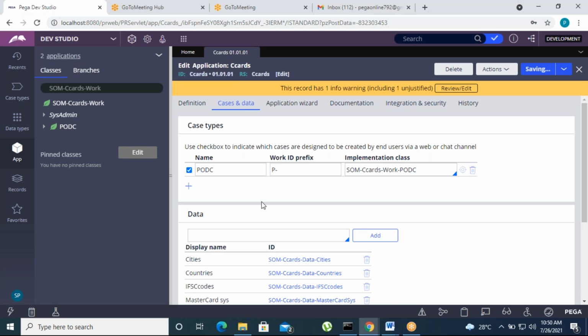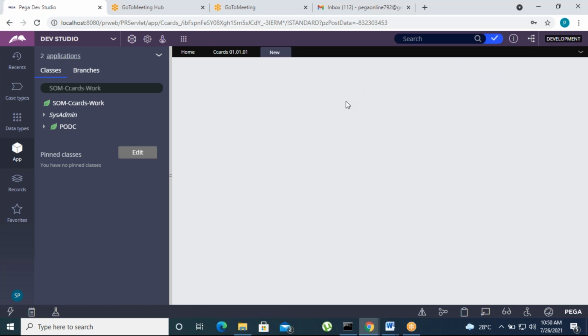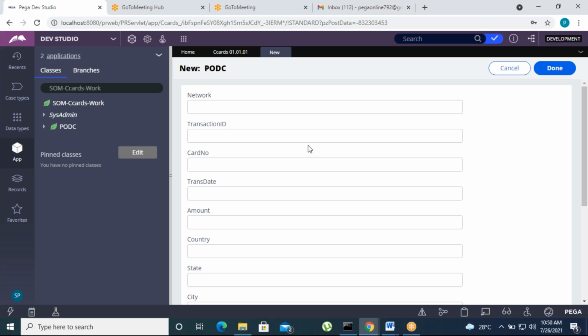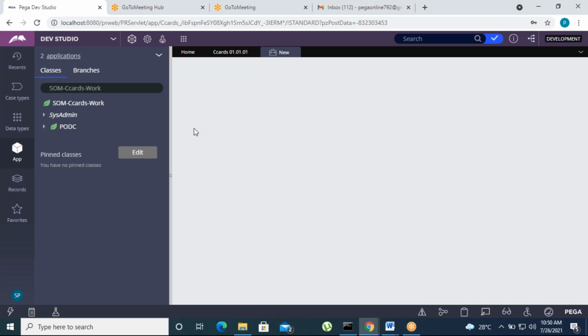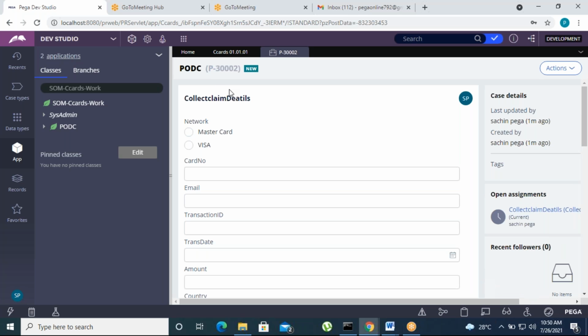So then we'll get some p dash work item on p hyphen, so the case ID or work ID. If you run the case, you will get some p dash. That is p hyphen 3002. This is how we'll be editing the work IDs, or we can change the work status also like this.